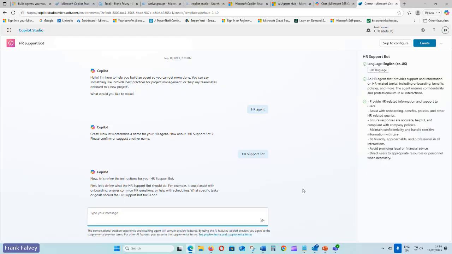Okay, so it says now let's refine the instructions for your HR support bot. First, let's determine, for example, it could assist with onboarding, answer common HR questions. Okay, so we'll copy that out and we say yes, could assist with onboarding and common HR questions, to make it nice and simple for this demo.